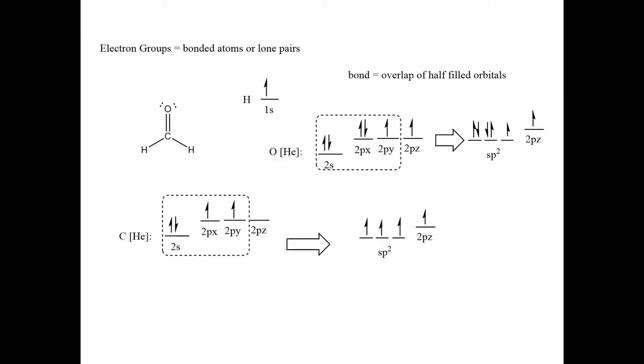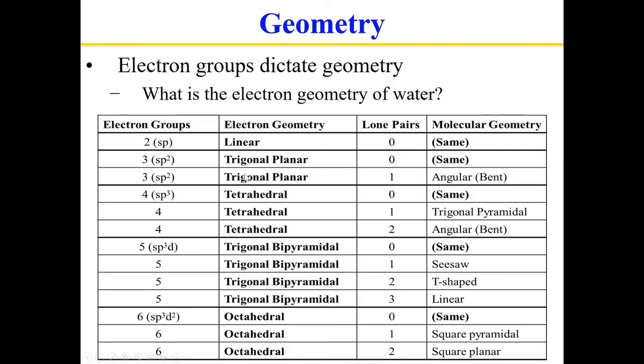Okay, now that we've assigned hybridization to the carbon and the oxygen, let's talk about geometries. This table right here actually tells you what the geometries are. If you have 3 electron groups, then your hybridization is sp2, and your electron geometry is trigonal planar. Trigonal planar means that you have three different things coming off of a central atom that all exist in the same plane. If there are no lone pairs on the central atom, then the molecular geometry ends up being the